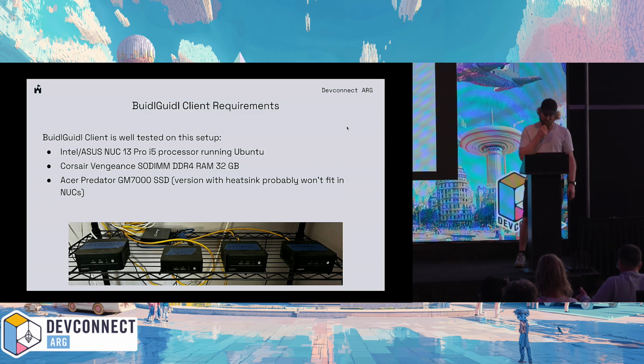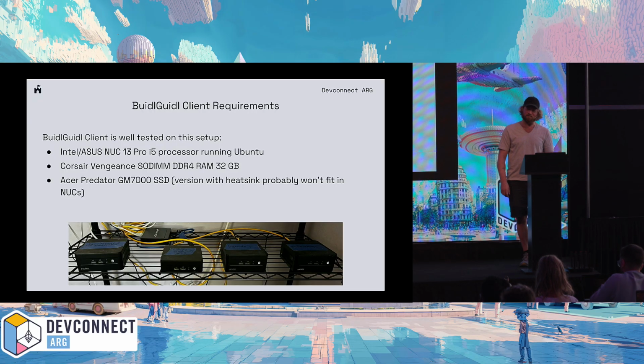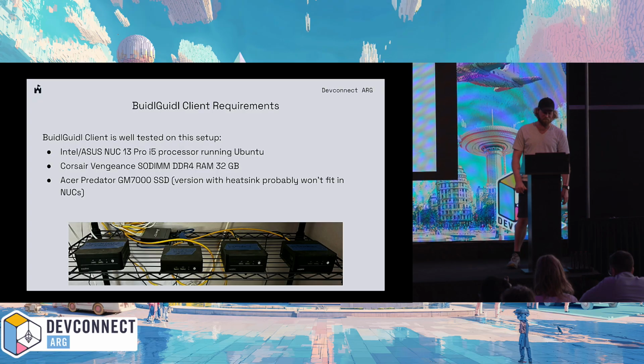So a setup that's been pretty well tested for us, and we have a number of these going, is we're using, used to be Intel, I think Intel stopped making these, but we're using Asus NUCs, the 13 Pro version, which are a little older. I think they might be on 15 or so now. But yeah, we're using NUC 13 Pros with i5 processors, so nothing too spicy. Running Ubuntu on there. We've got 32 gigs of run-of-the-mill laptop memory, which is working well,